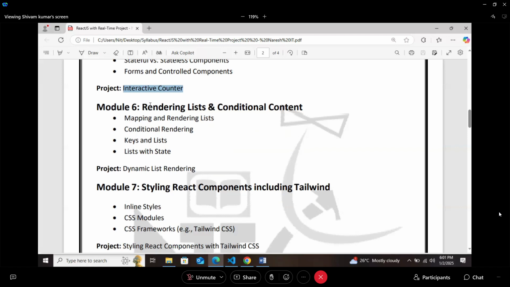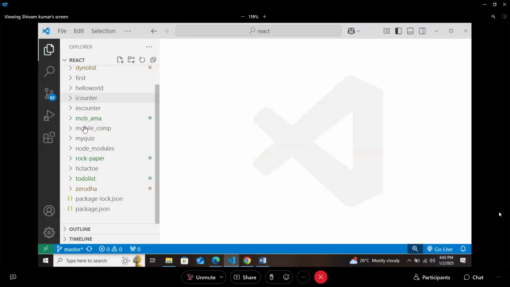And then rendering the list and conditional content, like how to conditionally render the component, working with the list, how to map your list. But here we have done lots of projects actually, Dino list and tic-tac-toe, and we have done a lot.